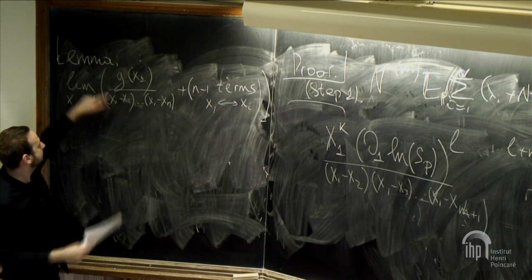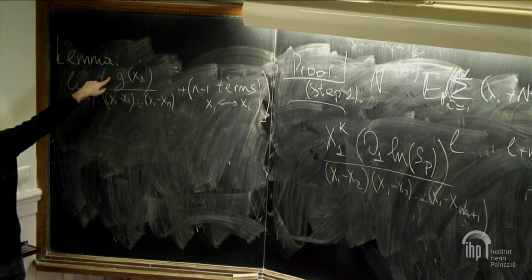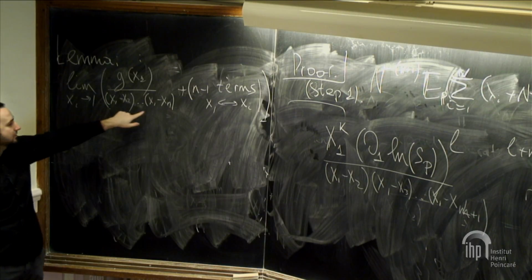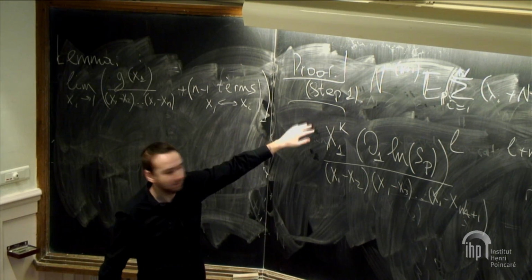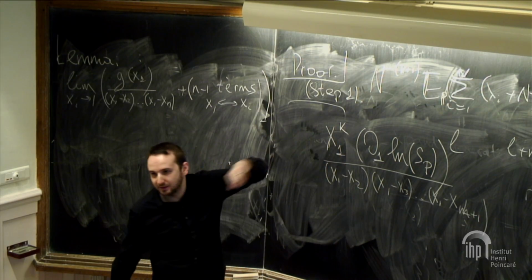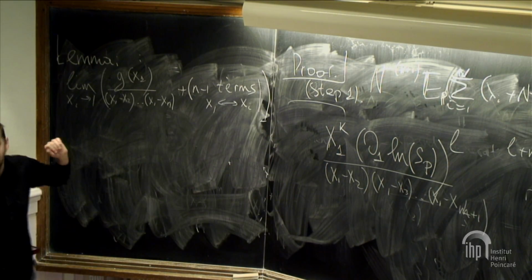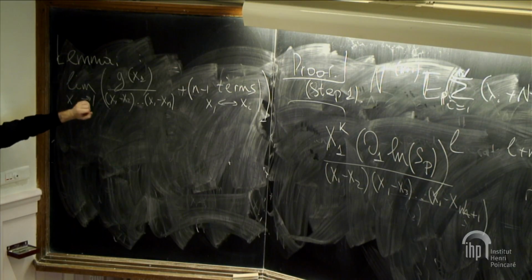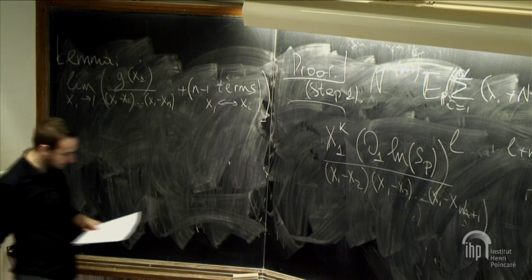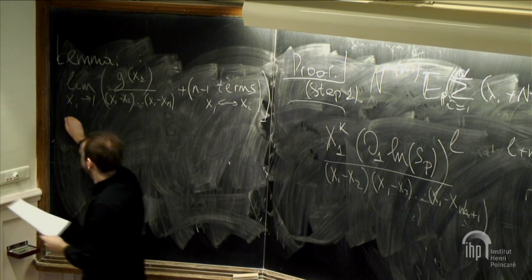So you take a function g of x1 of only one variable, and you divide it by x1 minus x2 up to x1 minus xn. It's kind of the form that you have here, because here everything depends on the first variable at the end. Not exactly, but I will clarify that a little bit. So if you want to compute this kind of thing, you symmetrize and you compute the limit, then the answer is given by